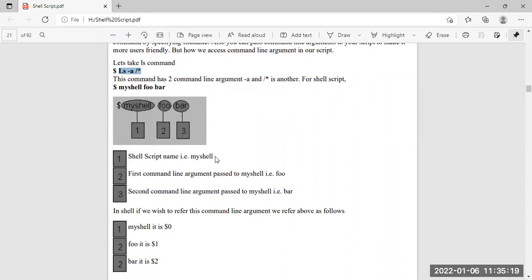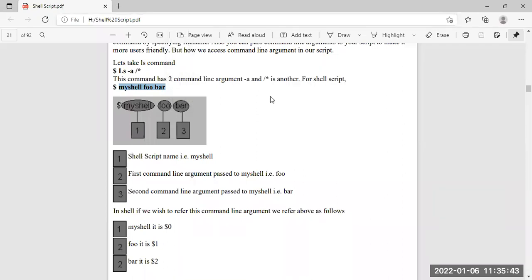Suppose we have a shell script, and this particular command has been written with three segments: myshell, foo, and bar. We have termed these 1, 2, and 3.